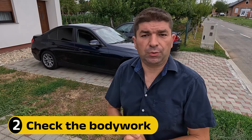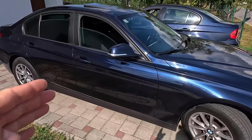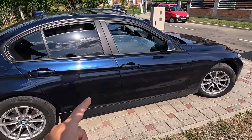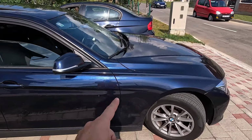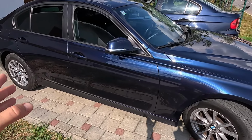The inspection, especially its visual part, so to say, starts at the very same moment you arrive at the location, while walking toward your would-be future car. Just walk around it and see how it looks as a whole, trying to spot anything that seems odd. The trick here is to focus on body panels, how they fit together and if the gaps between them are consistent all around, or if the paint job on one or more of them looks kind of different from the